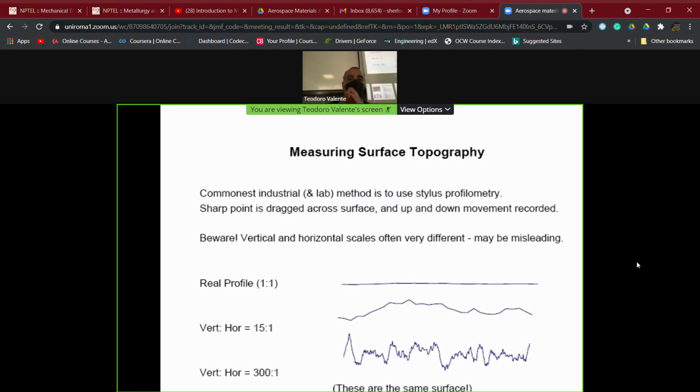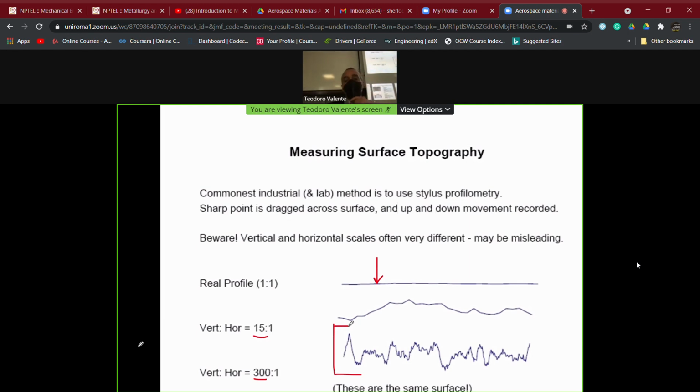Otherwise, we could get, for example, just a profile like the one reported in the first drawing here, which tells us nothing. But if we change the scale, then we can approach the real situation,